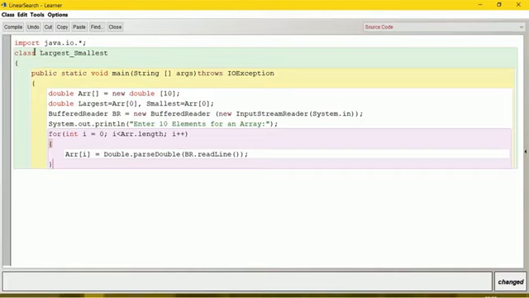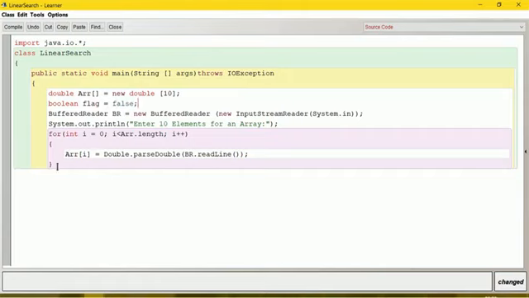I will change the class name here. Then we are taking the double type of array. Okay, let it be as double type. Then we don't need to have this variable. Instead of that, we need a Boolean variable which is initialized as false. So, Boolean flag is equal to false.